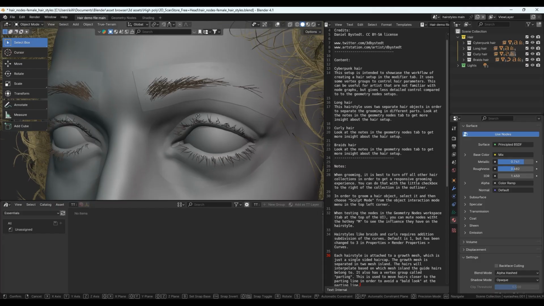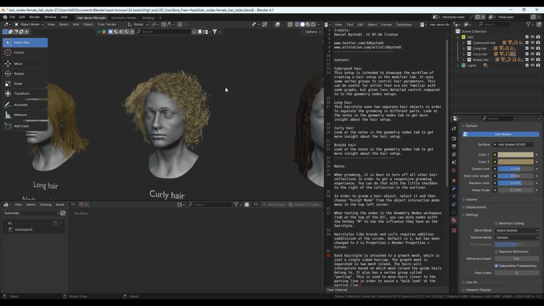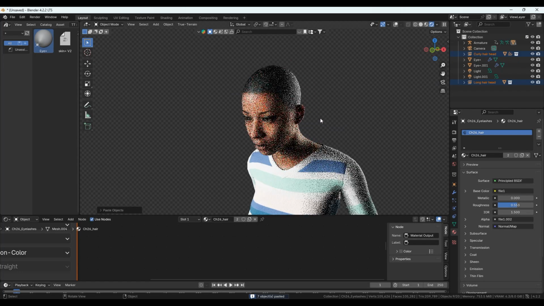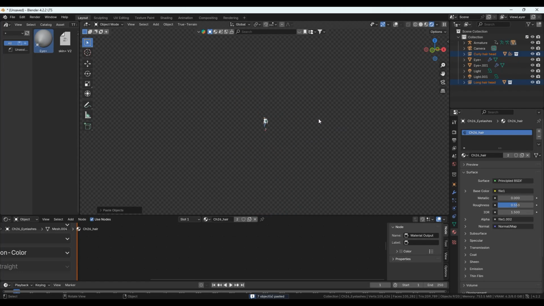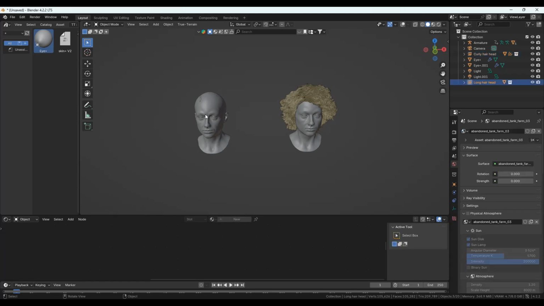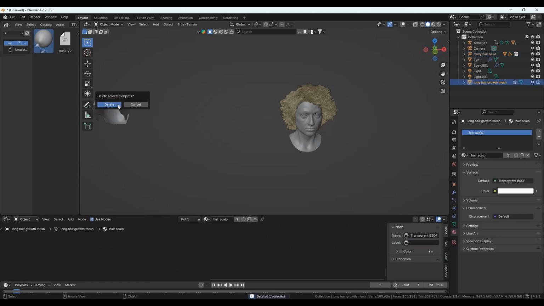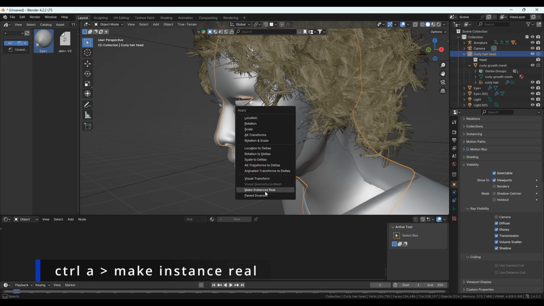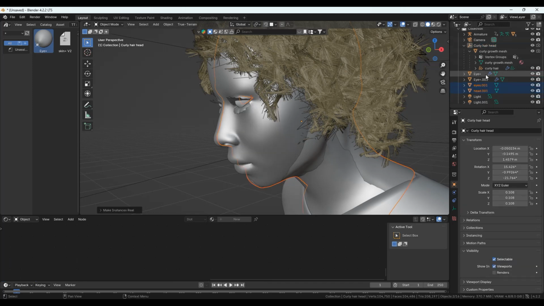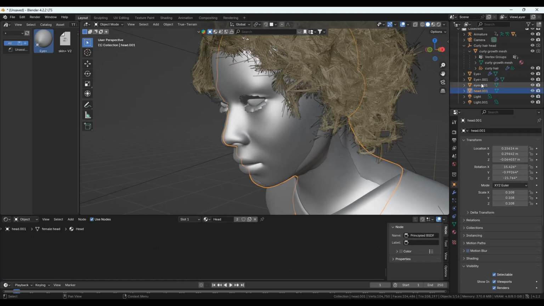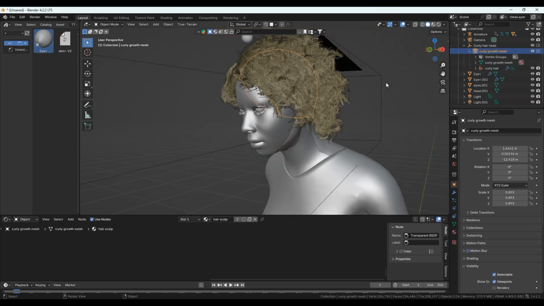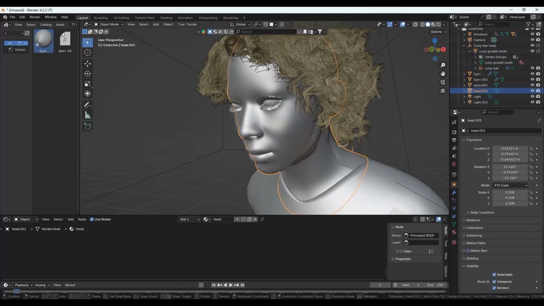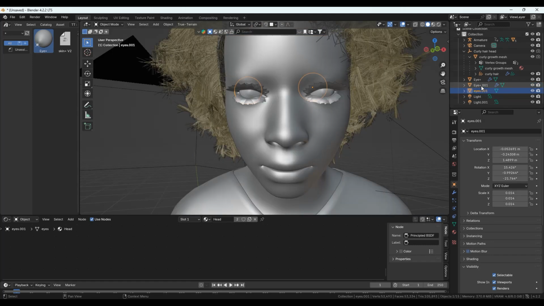We could also copy these if we wanted, but we're not gonna. I'll just copy the hair. Okay, paste the hair in here. And then hit period key on my numpad, delete this one. Now we can make this instance real, because it was not a real instance. Curly hair is on top of this, so we can delete this head,